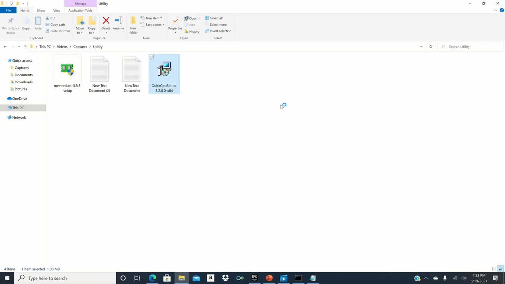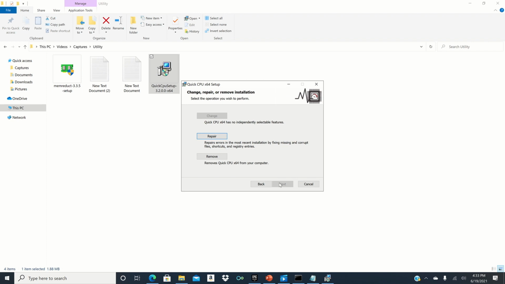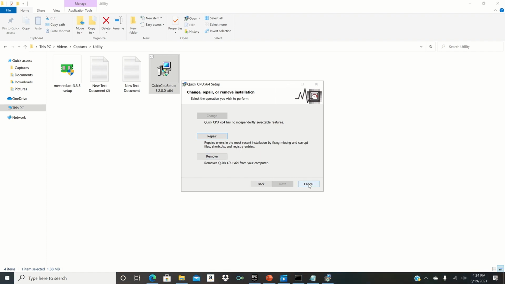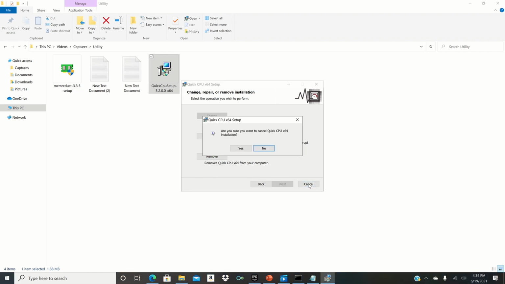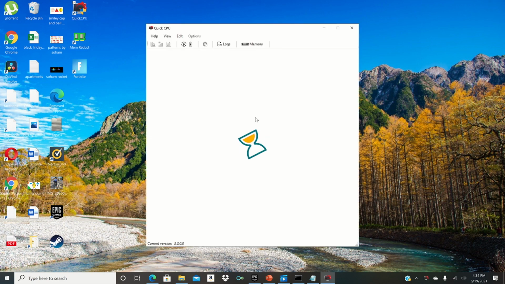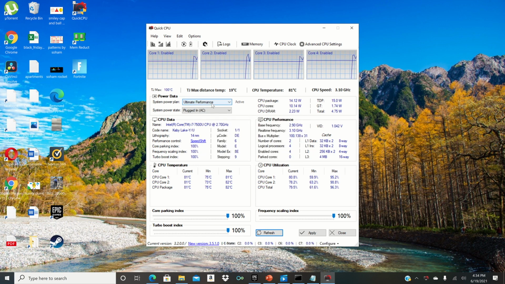Next step is to do a quick CPU installation. This will enable you to turbo boost your processor. Click on this application, click next and install it. I already installed it, so I'm just not going to do that again. Once you install it, then go on to the application. In the power data, make sure you select the ultimate performance